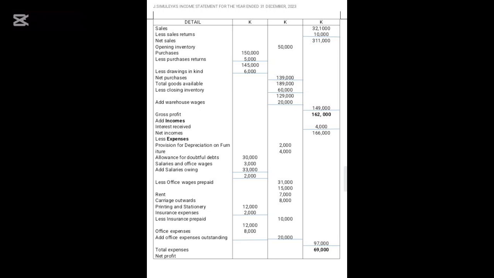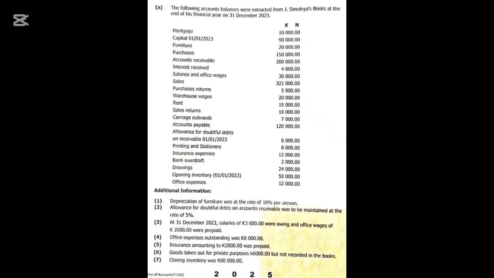Then we deduct the closing stock which we have, which is also the closing inventory, 60,000. After deducting, we find 129,000, which is our cost of goods sold. So why have I placed 129,000 in the second column instead of the third column? Under the rest of balances we have